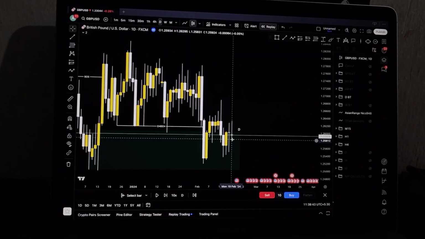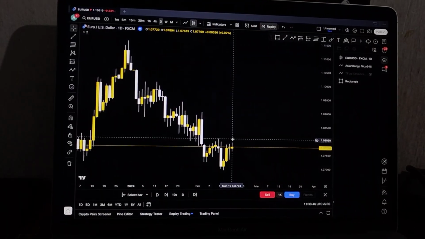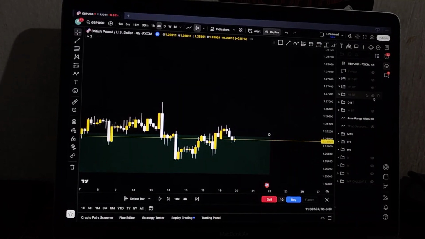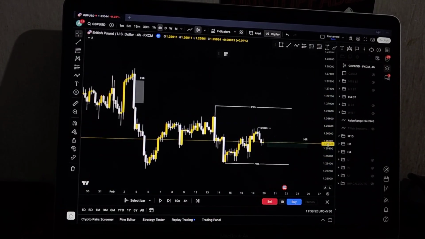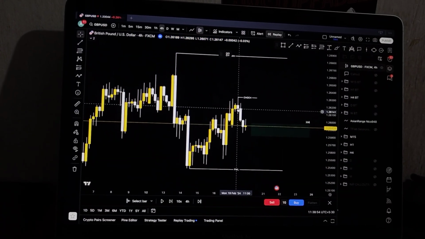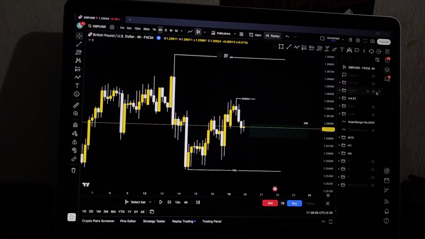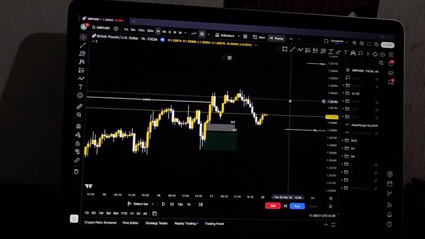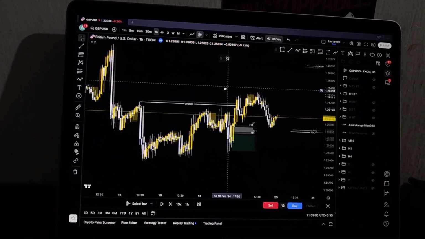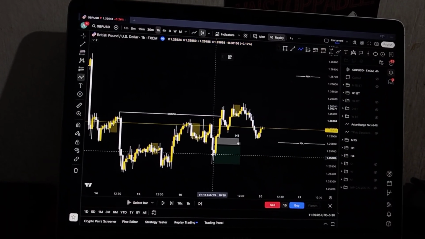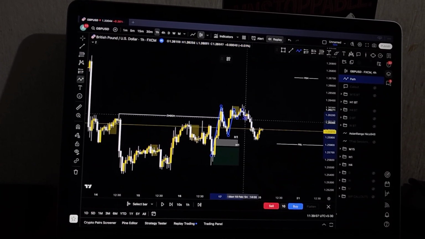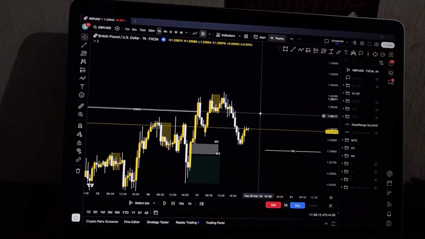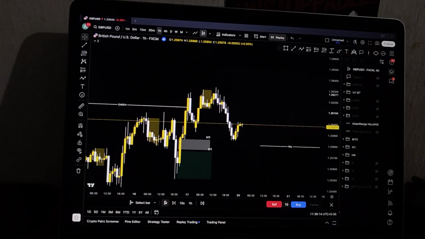So if you were looking for something, that would be buys. If I was looking for something, I would look for something to buy right here from a demand zone. Obviously we buy from a demand zone, right? Also the market has shifted structure on Tuesday, it seems. So this is when I go to the lower time frames, like the hourly, and on the hourly there was a change of character right here, and this was higher highs, higher lows, higher highs, higher lows, and waiting for how Tuesday will play out here. Let's see.